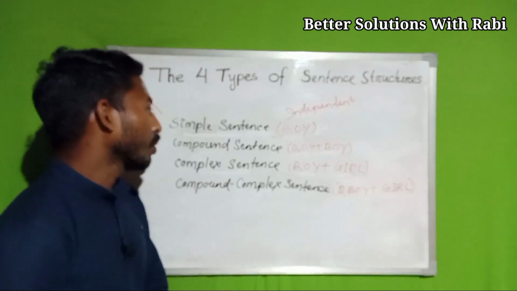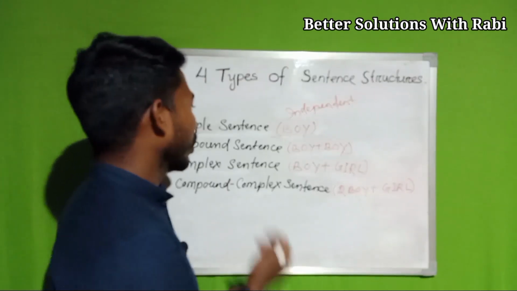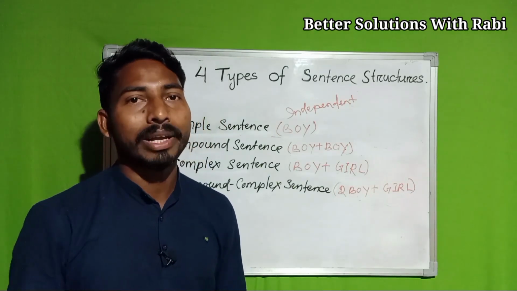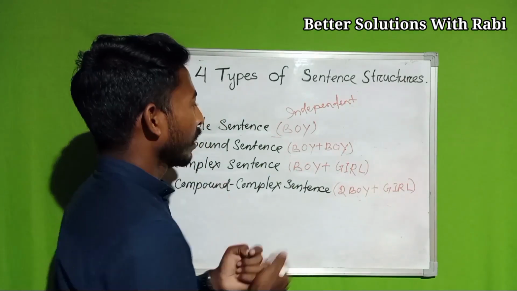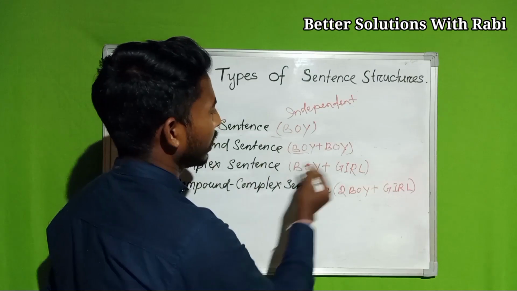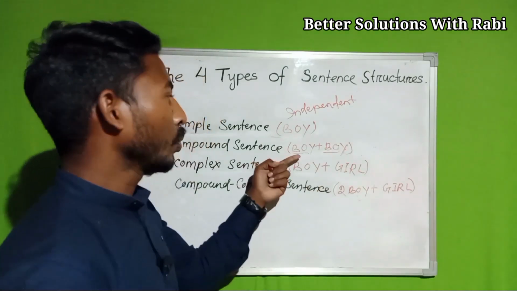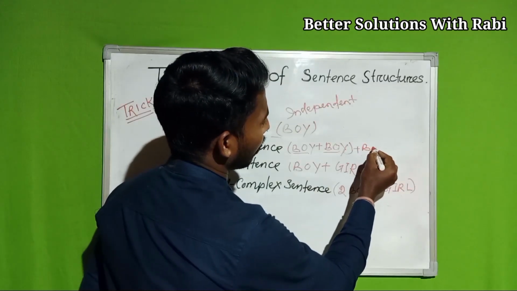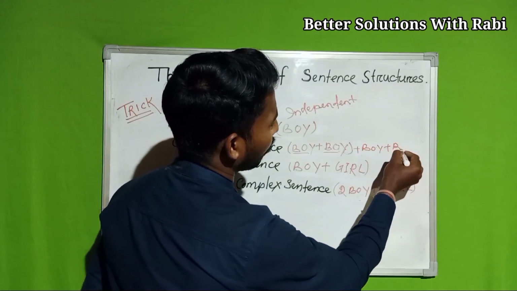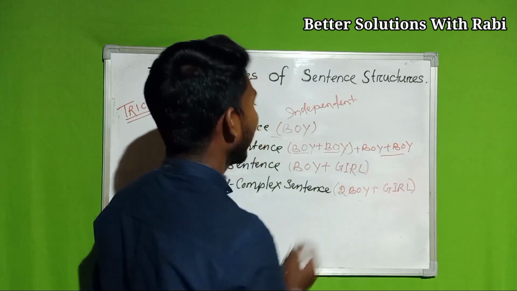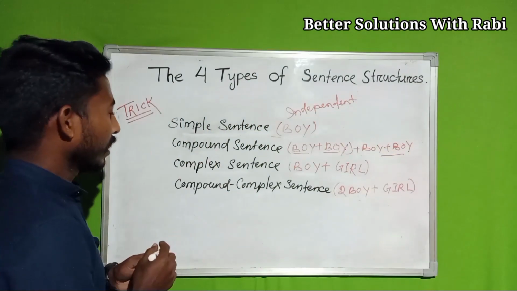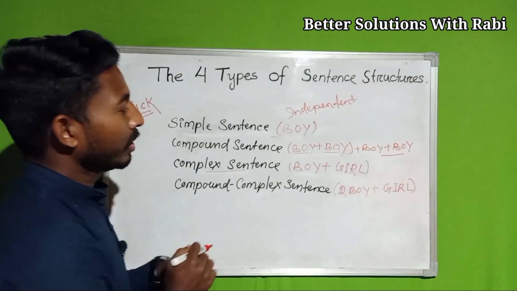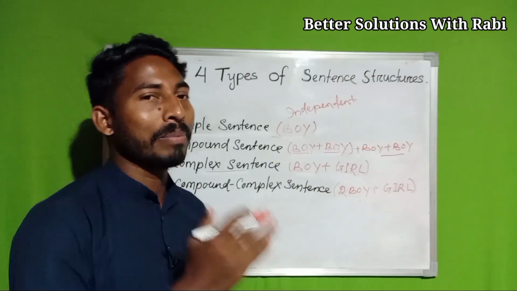Okay, now let's go to the compound sentence. I had said in the definition that two or more elements should be present here. Okay, now let's see here, one boy is present here and then one boy present here. I said two or more than two, so we can include here a third boy, also a fourth boy, no problem, as many as can be added here. Okay, and now let's look at the complex sentence. Okay, complex sentence. Now in the complex sentence I had said there is a complexity.